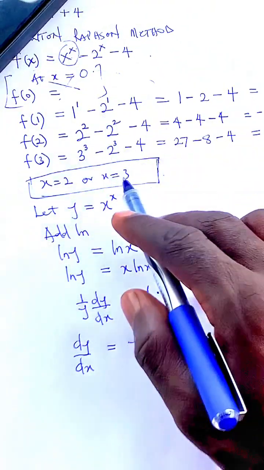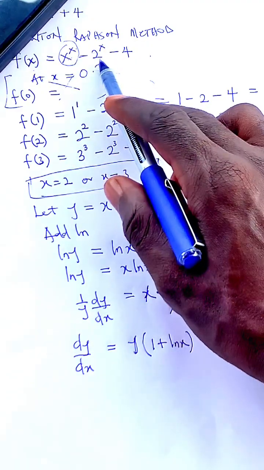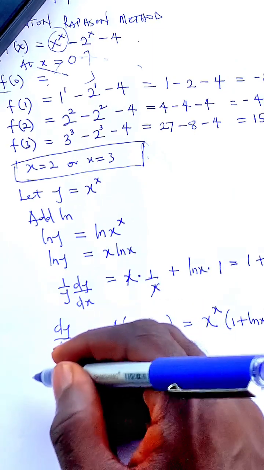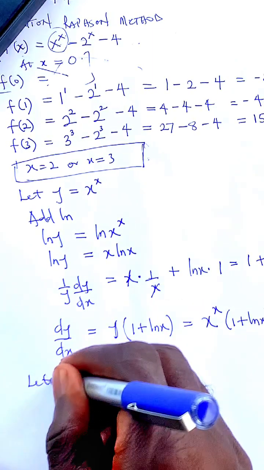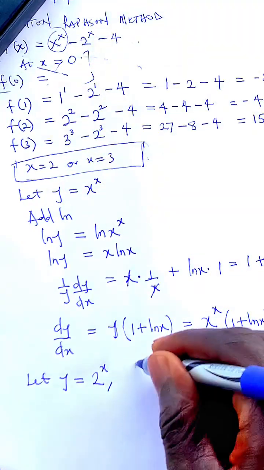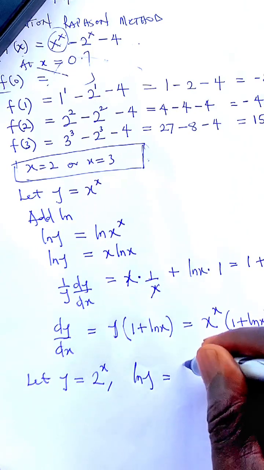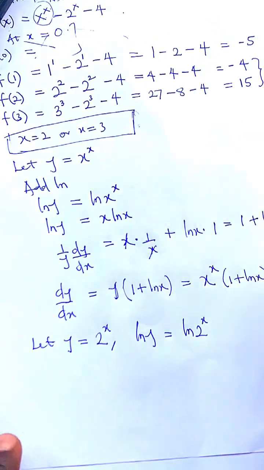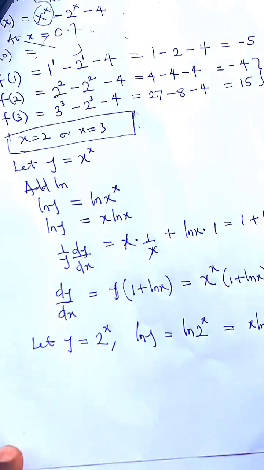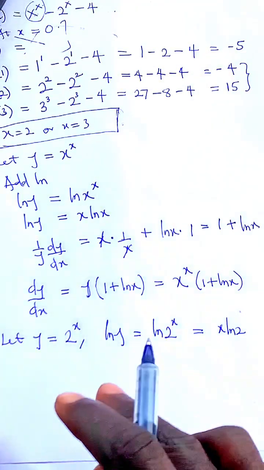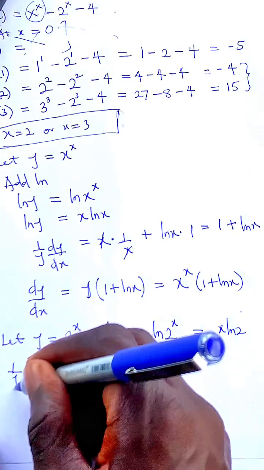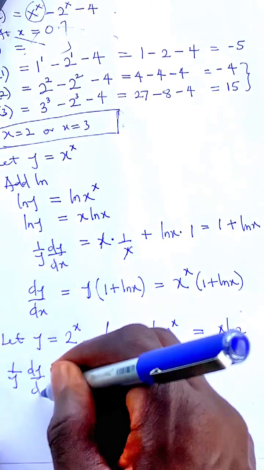Then we'll go ahead and differentiate this other one, 2 to the power of x. Do the same thing. Let y equal 2 to the power of x. Then ln y is equal to ln 2 to the power of x, and is equal to x ln 2. Then you differentiate both sides again with respect to x. Here will be 1 all over y, dy over dx